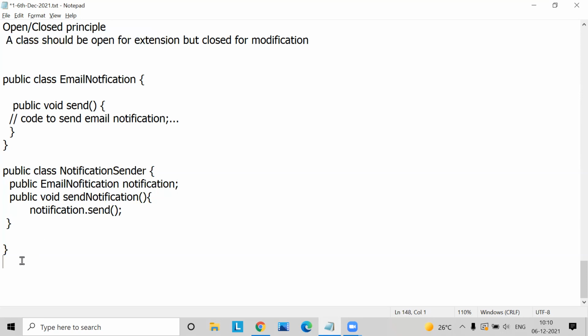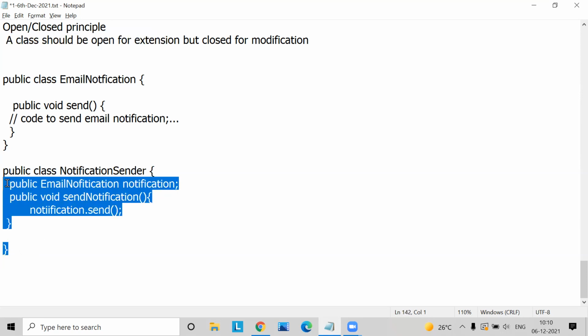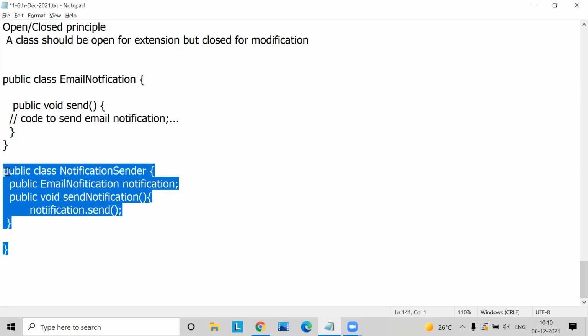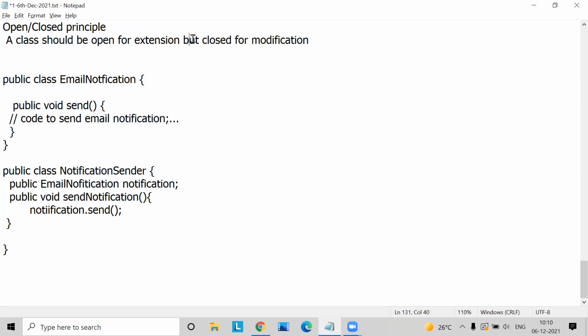That means we should be able to extend the functionality of this class, not limiting it to email notification alone, but adding support for mobile notification in future, and the courier notification in future. So open for extension, but closed for modification, which means in order to add additional functionality like mobile notification, I should not come and type inside this class